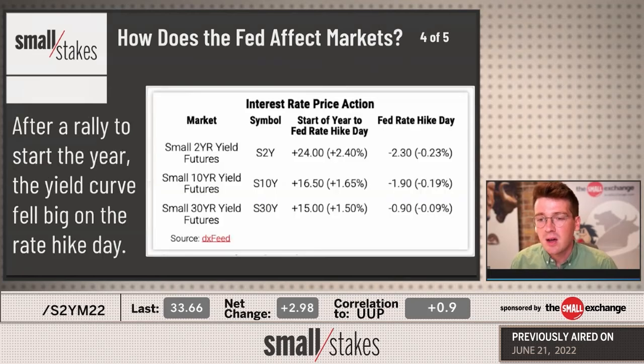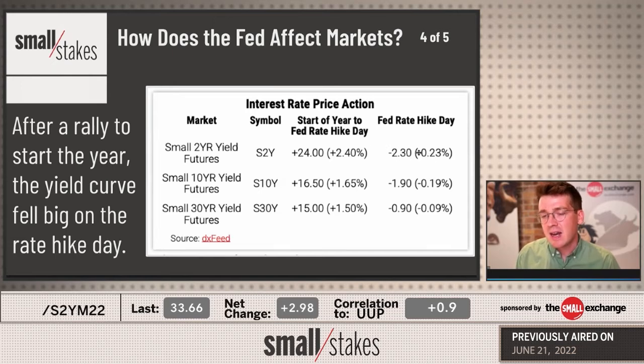And I want to show you the other markets here leading up to the Fed rate hike day and then on the day itself. You can see that the biggest mover leading up to that event was the 2-year. And then the biggest mover after they hiked to the downside here was the 2-year. This shows you what I mean: what the Fed does to the Fed funds rate really affects the short-term interest rate market, and it affects the longer-term one, but by a diminishing effect. You see here, the 30-year moved higher by almost just half the amount of the 2-year leading up to the rate hike.